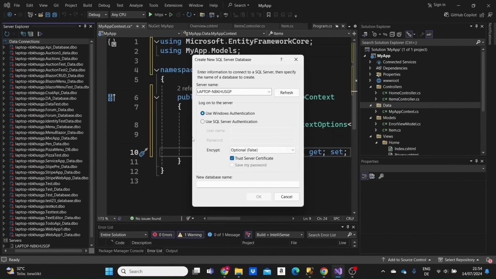Click on Trust Certificate here. We're just selecting the authentication. This is the default one. We're selecting that we do not need to use a password to connect to our database. Basically, these are just some options, some configurations. Don't think too much about it. And give the database a name, like MyAppDatabase. Click on OK,